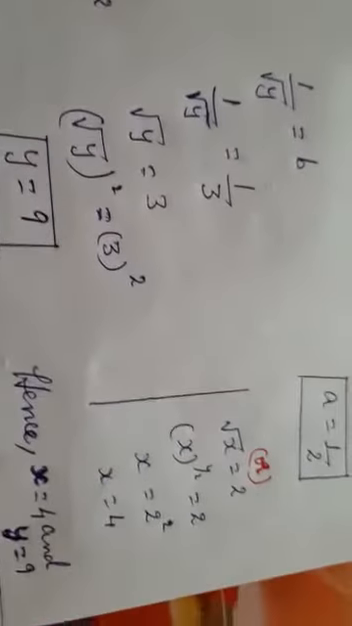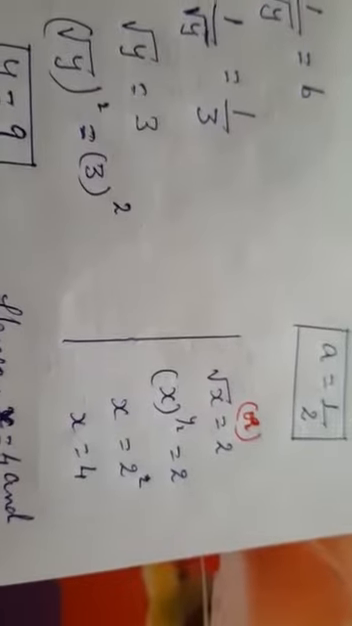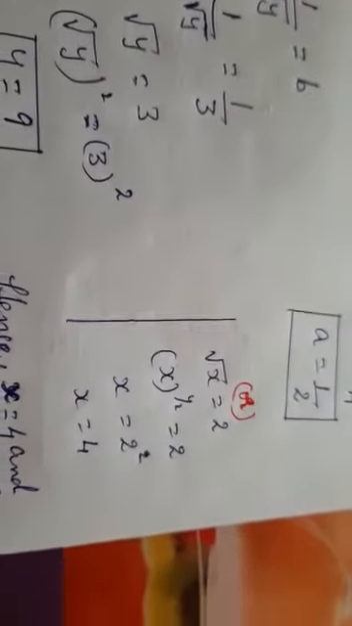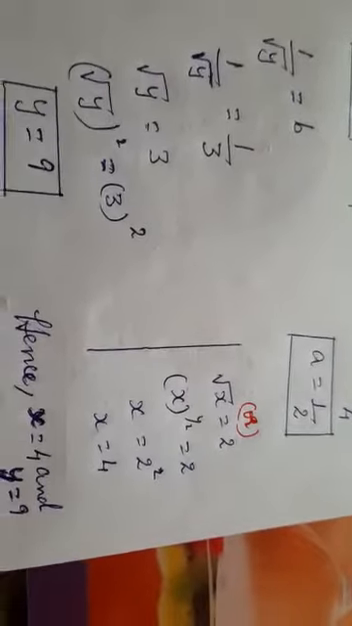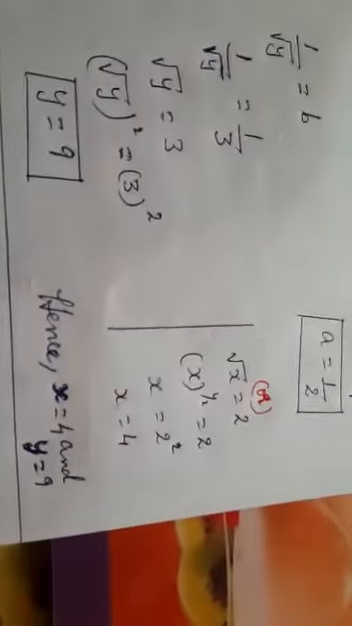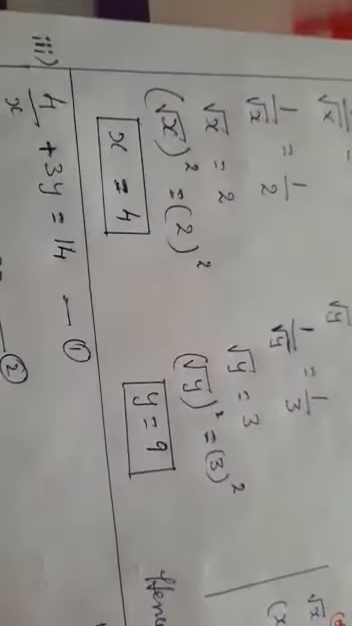Another method is there. Root x is equal to 2. You can also do like this. X power 1 by 2 is 2. X is equal to 2 square. X is equal to 4. Either method you can use. Hence x is equal to 4 and y is equal to 9. The next question is